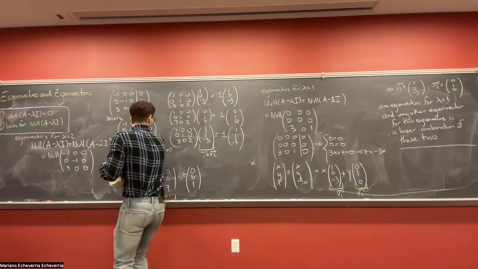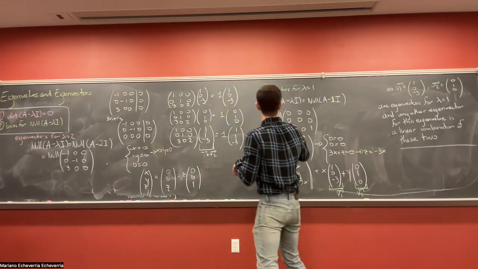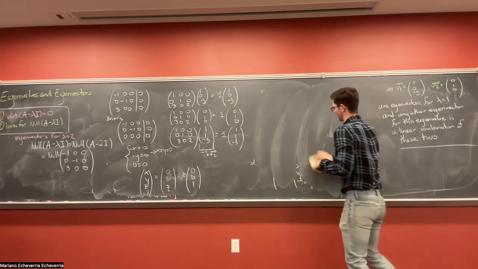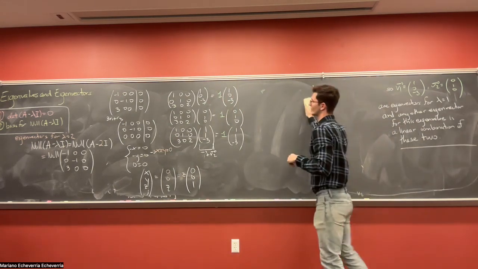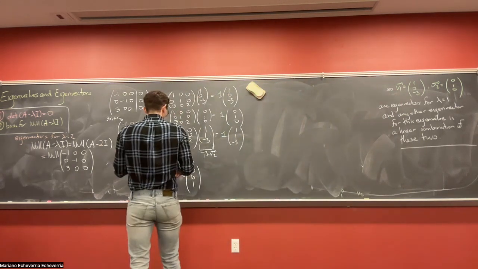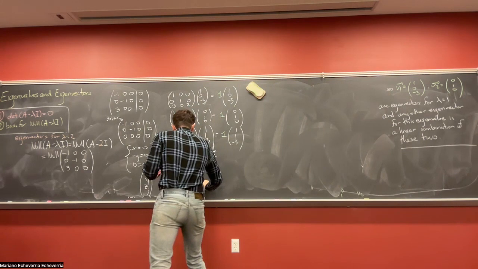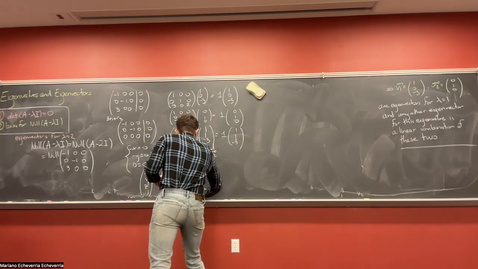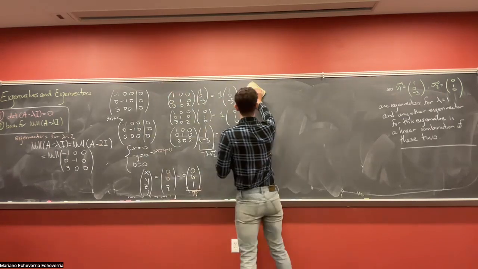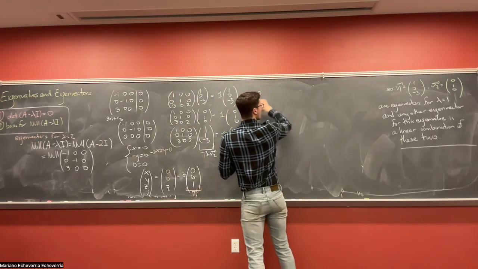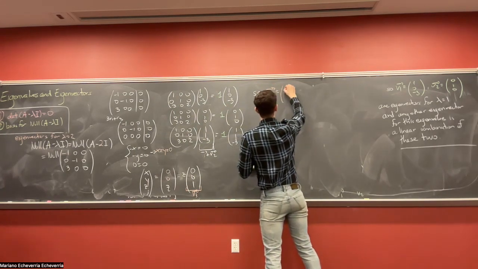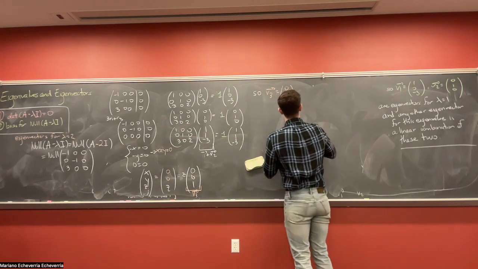Okay, so I guess I can write it here. So if you call this V3, because you already used V1 and V2 there, V3 = 0, 0, 1 is an eigenvector